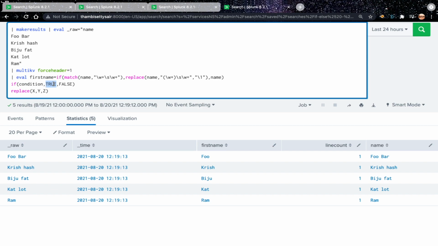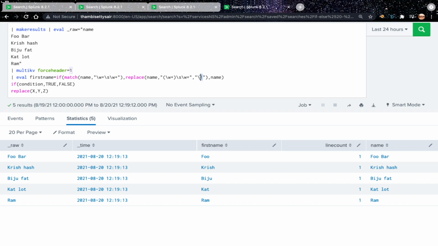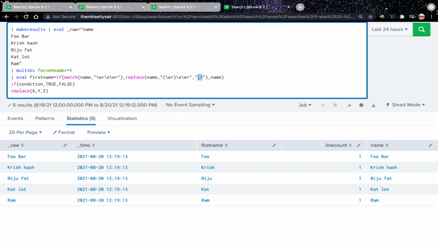Let's understand how the replace function works. Replace function is a type of text function in Splunk. The syntax of the replace function is replace x, y, and z. This replace function returns a string formed by substituting string z for every occurrence of regex string y in string x. Let me make it simple. Backslash 1 is the substituting string. This will extract the value that is matched by the first captured group.